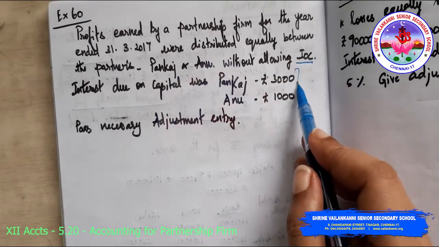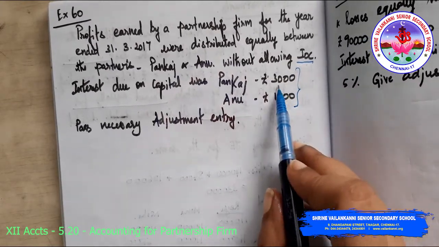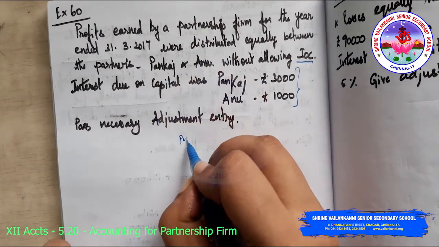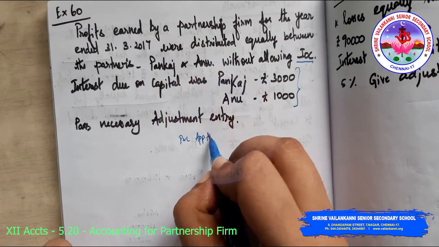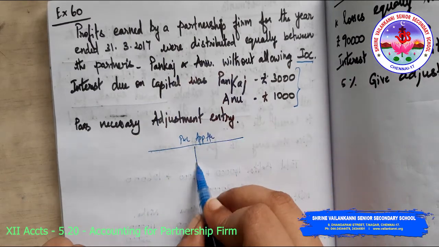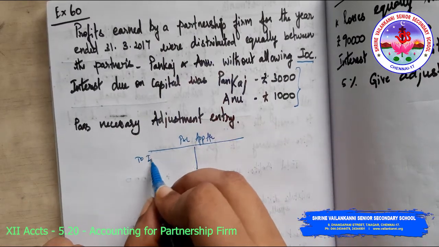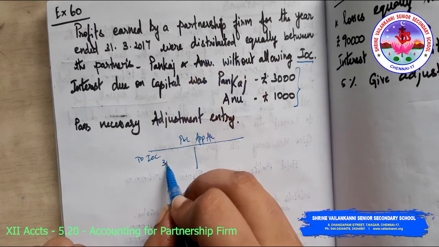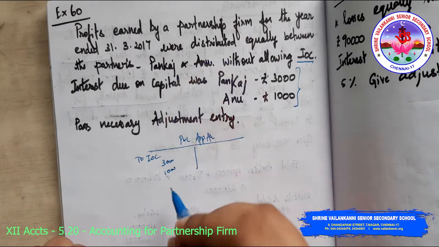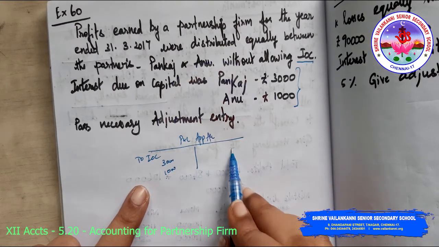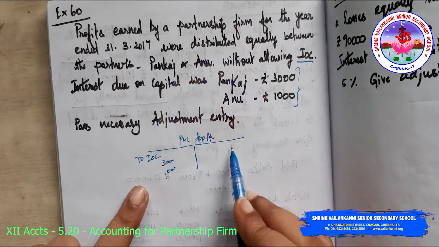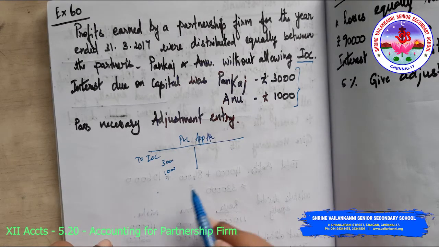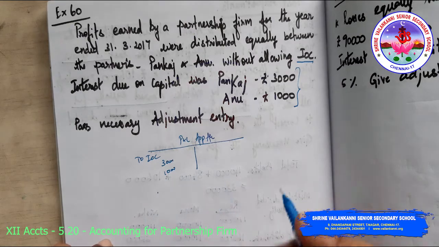So the profit, to the extent of 4000, would be more, because when you are doing the P&L appropriation account, you will have your interest on capital here. So say for example it has to be provided like this. To the extent of 4000, your profit would be more, and by mistake it would have gone to the partners' capital account as profits. Am I right? So you have to rectify that.